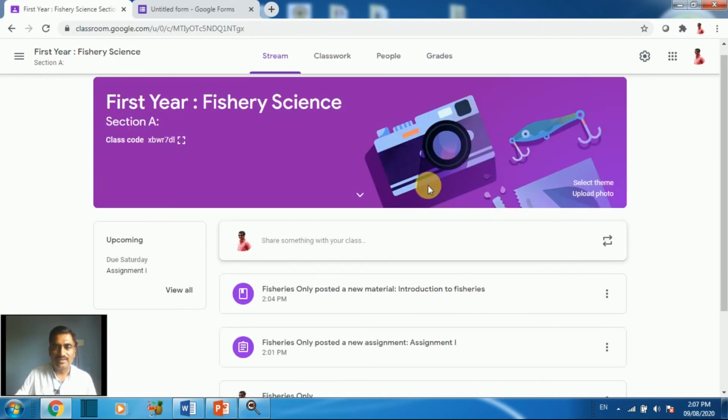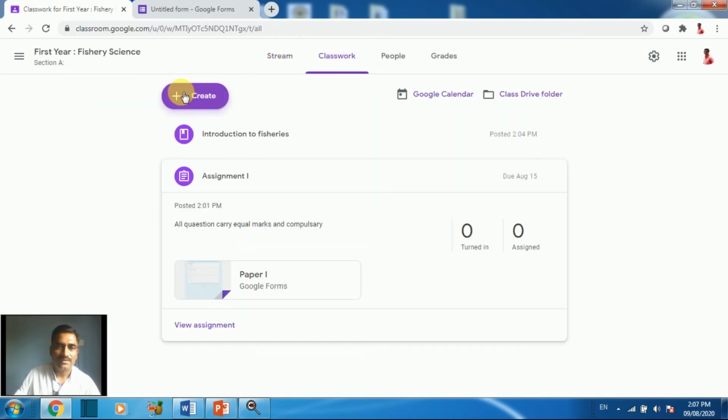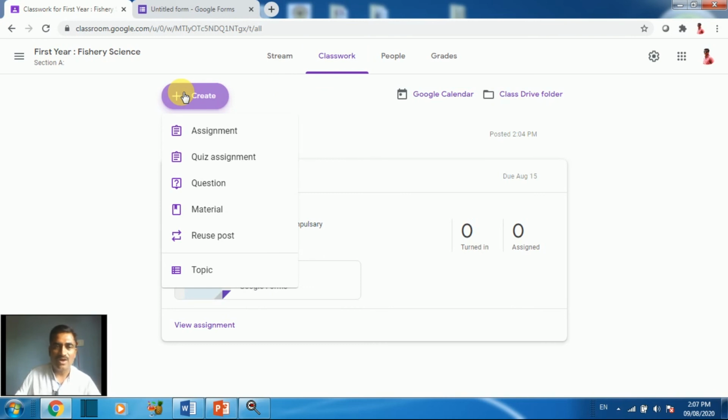Thus we will learn how to create a Google Classroom, then how to work in classwork, how to create or give an assignment, how to give a message, how to give questions and answers, and how to post material, PDF material, YouTube material, or any links or any images, any PPTs we have to post here in the coursework.